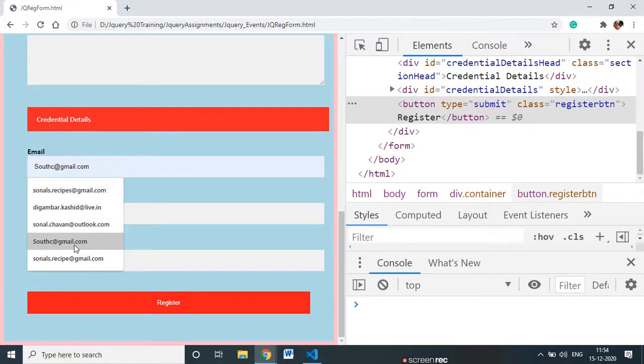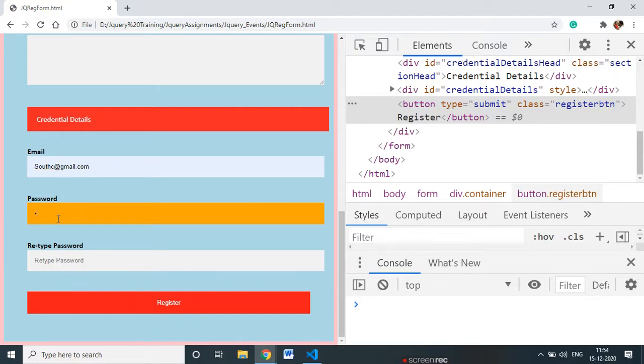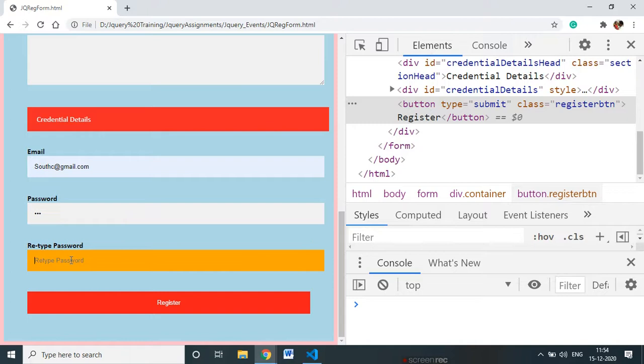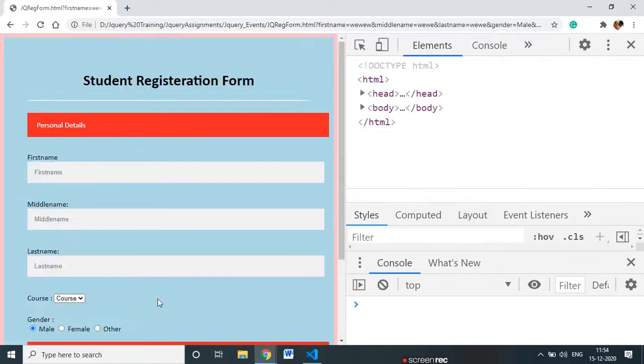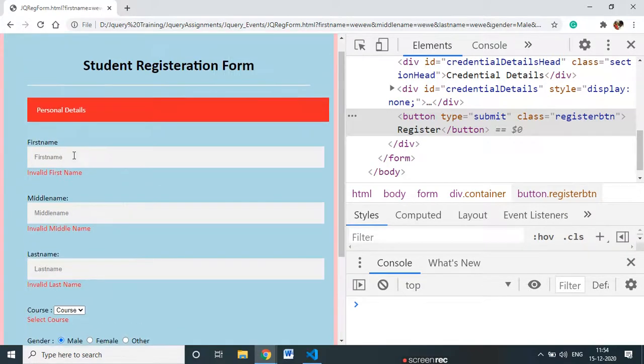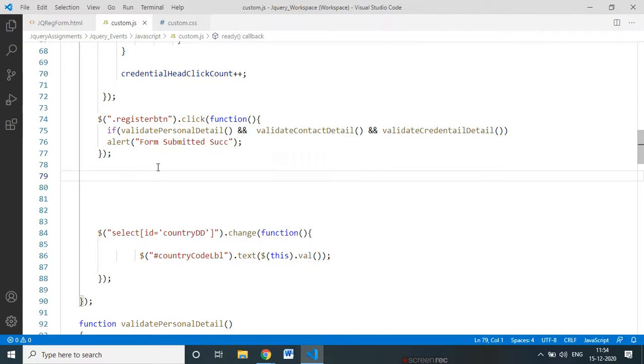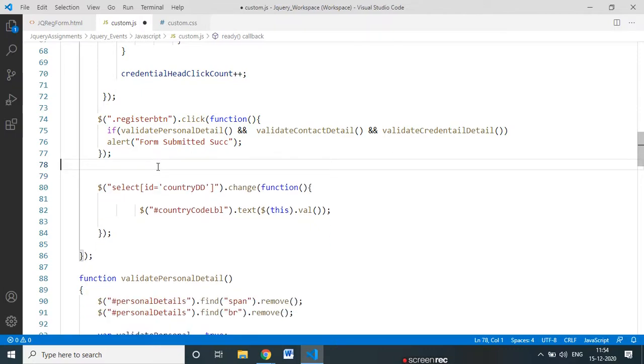I will put the correct email ID here, 123, 123. Once I click here, no error message, nothing. Sorry, here. Okay, it's doing post back. Wait, it is doing post back. It will refresh the page.